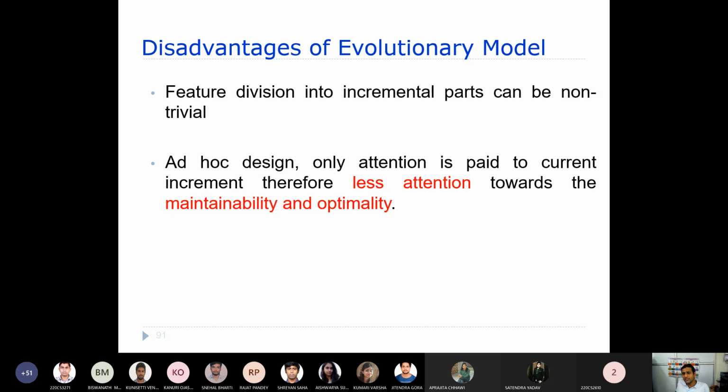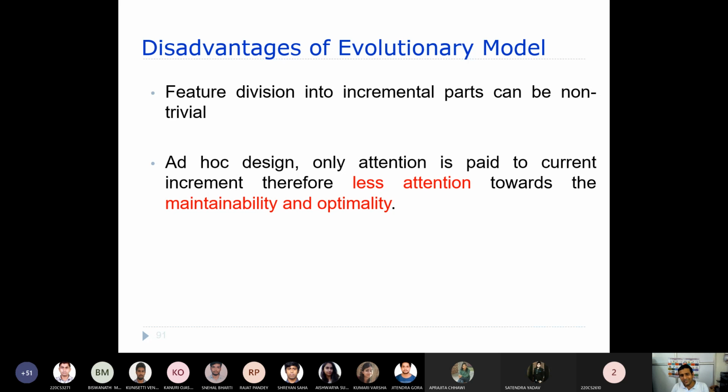So we give very little attention to maintainability and optimality. When you go through a waterfall-like model, all requirements are gathered upfront before the development of software, and we go through proper planning, then design and code, and then it is delivered.